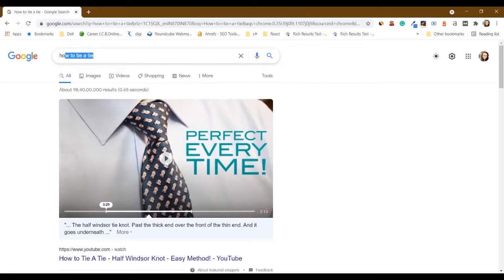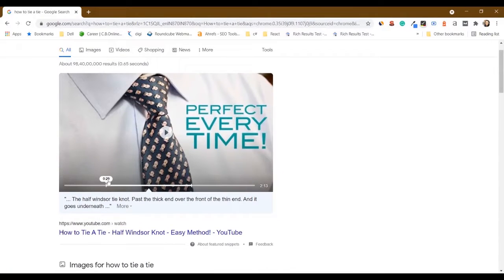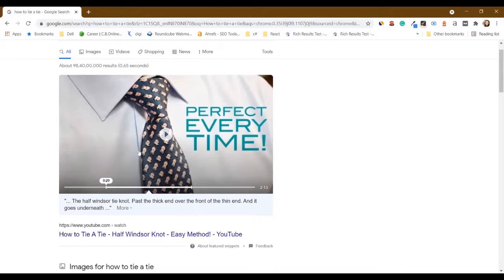The next type of schema is video schema. You can even add schema on specific time frame of your video, wherein you are specifically talking about that particular topic in your entire video. For example, when I type the query how to tie a tie, I can see a video schema being pulled up. So in this entire video, from 29 seconds up till this much time frame, this video is showing how to tie a knot. So in this way, it becomes simpler for me to directly jump to that part of the video related to what query I have asked on the Google search.